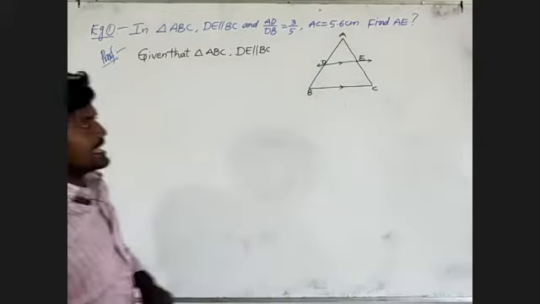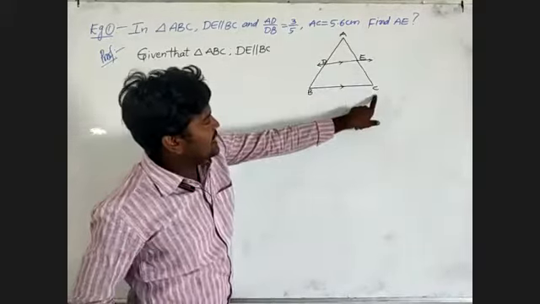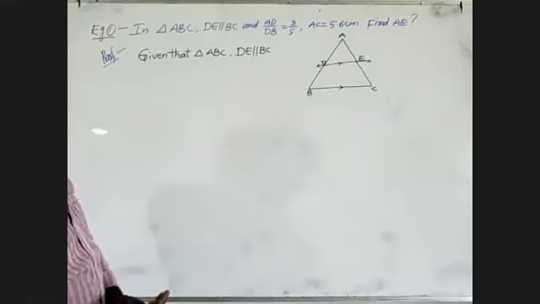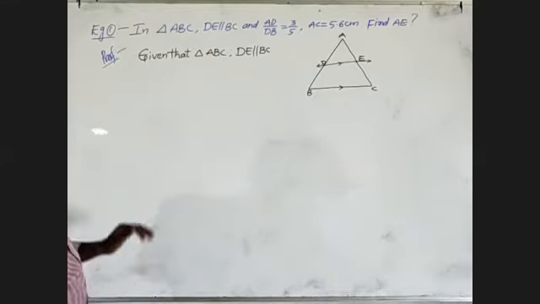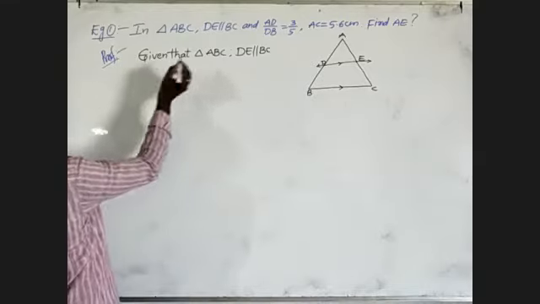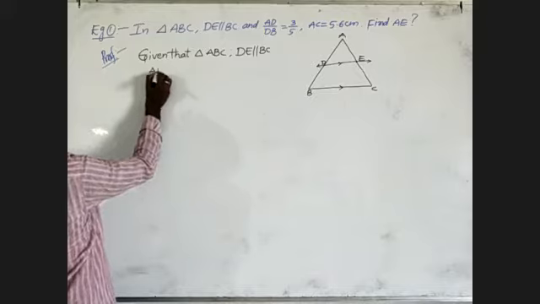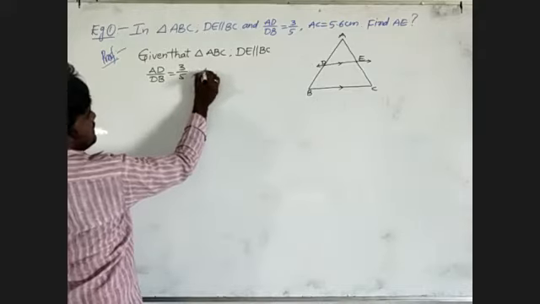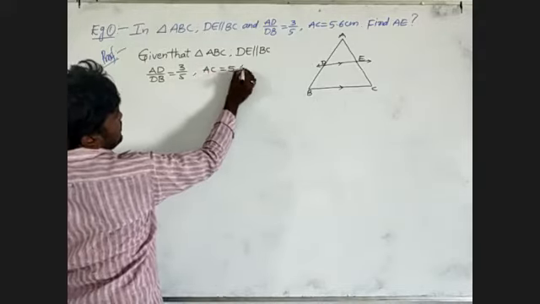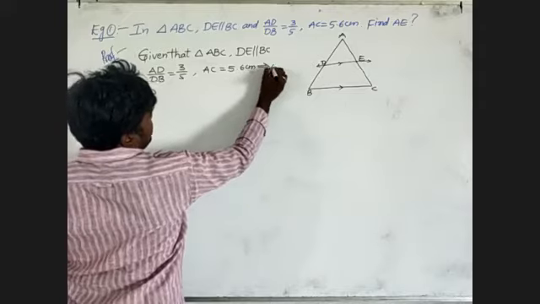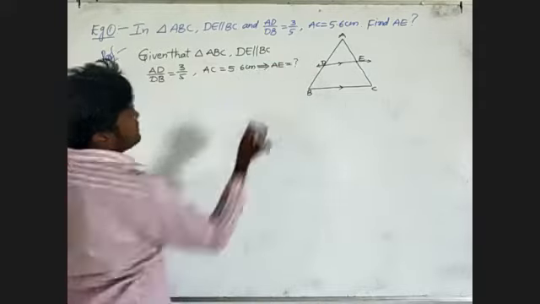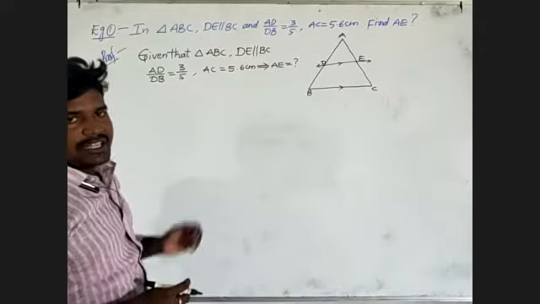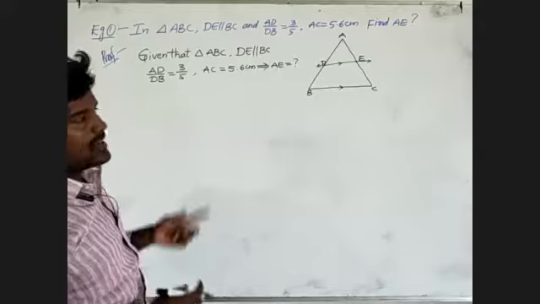We will observe in this triangle ABC that DE is parallel to BC. Already in the previous class, yesterday, I told one theorem. What is given remaining, also AD by DB becomes 3 by 5, comma AC is equal to 5.6 centimeters, and I have to find out AE is equal to question mark. Yesterday I told the basic proportionality theorem or Thales theorem. We will discuss that one.